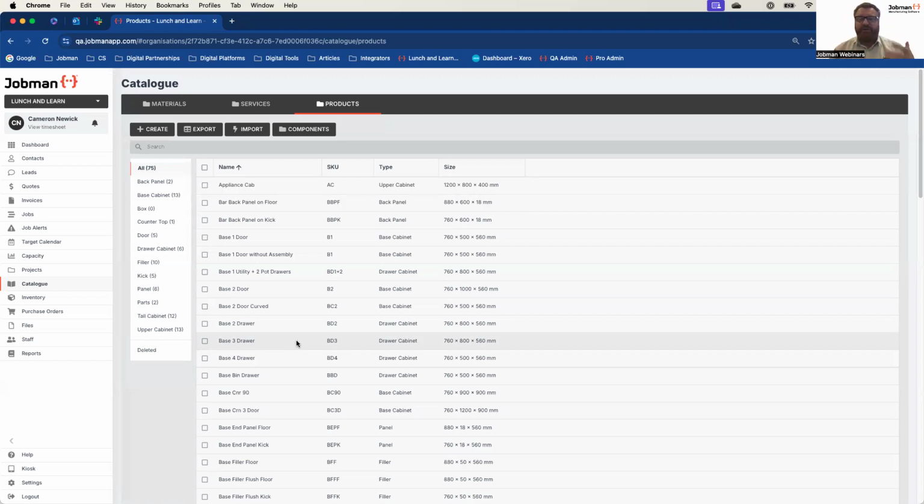Obviously, part of the software is to improve your efficiency. So we want to get you to a point where you might start with 15 minutes of assembly, but over time using Jobman, you improve your processes, you get more efficient, and that number comes down, which means your quoting gets keener, or you leave it the same and simply make more money. That's completely up to you, but that's one of the first primary benefits, and it's very easy to handle, and we expect you will do this quite often, especially to begin with.